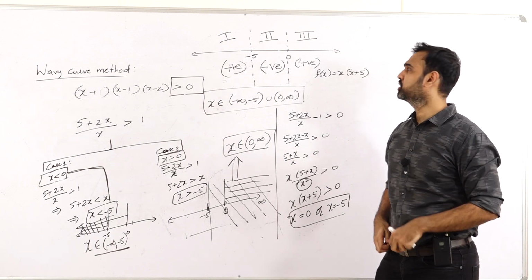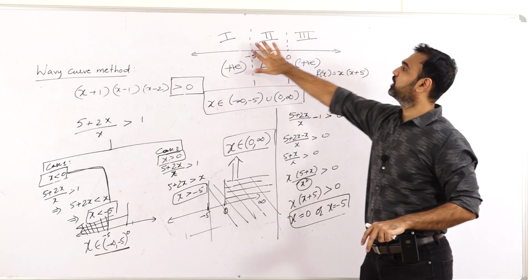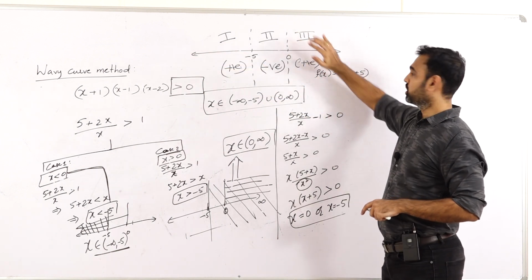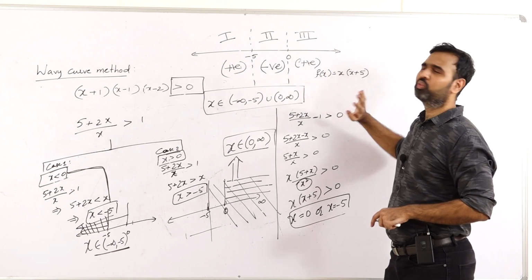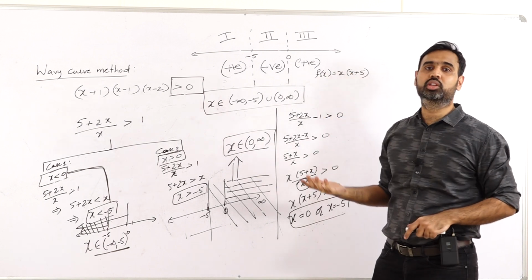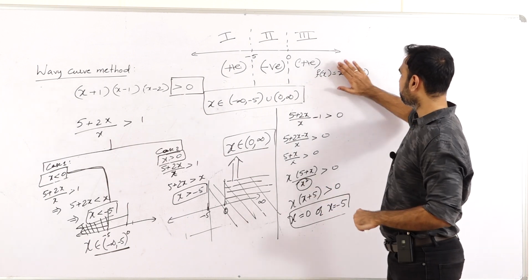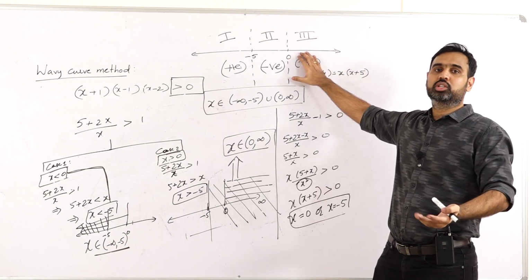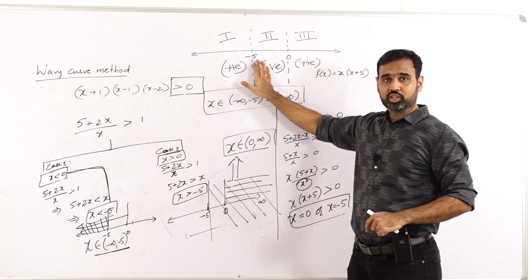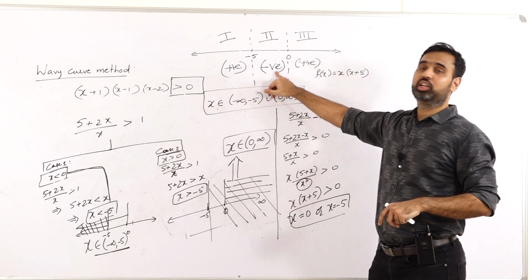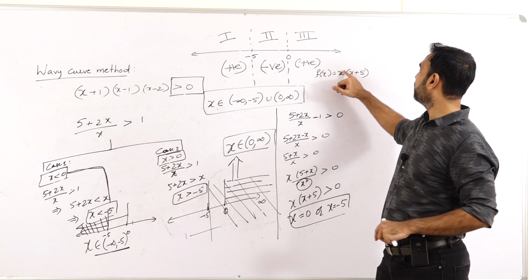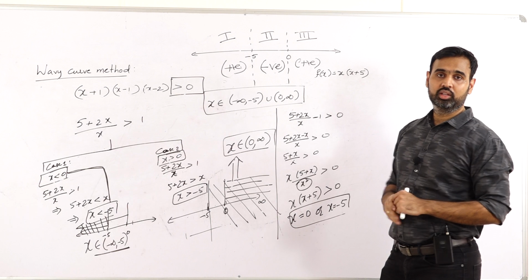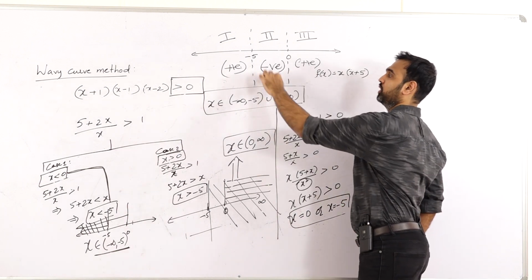How do you determine sign of the region? Substitute any value of x from any region, I substituted 100. 100 belongs to third region. So substituting 100 into 105, I don't want the exact value. I just want to know whether it is a positive outcome or a negative outcome. So I got 100 into 105, positive into positive, it's a positive outcome. So third region will give you a positive outcome. So second region will automatically give you negative region when the powers of the linear factors are odd. Remember, they are odd here, 1 and 1. So automatically if this is positive, this will be negative and this will be positive.